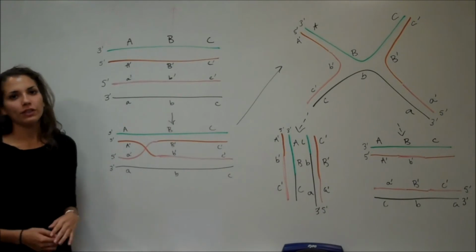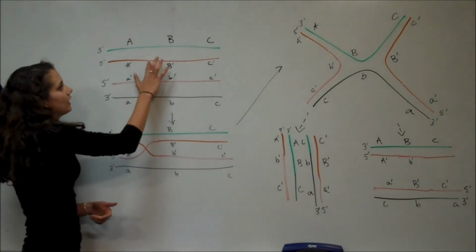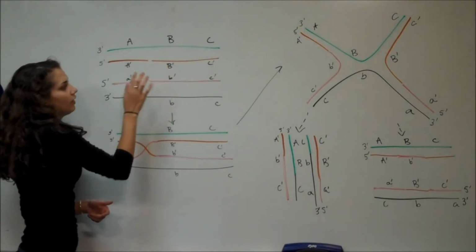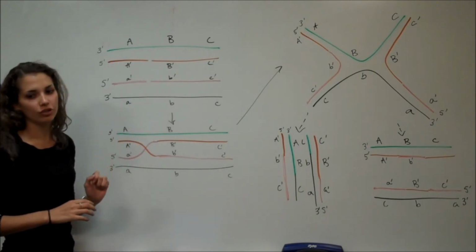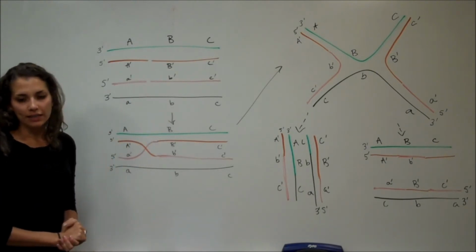So first, endonuclease nicks the single strands. We'll just say it nicks them right here. And it only nicks 1 strand from each pair. So next is the